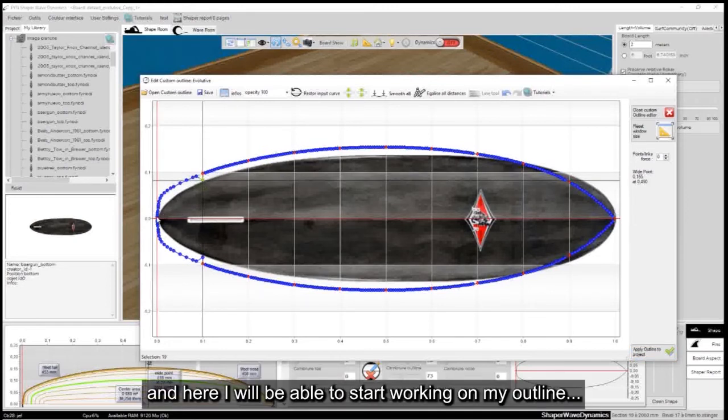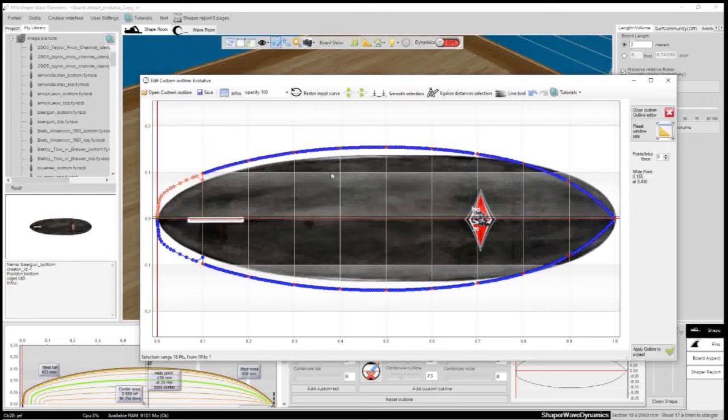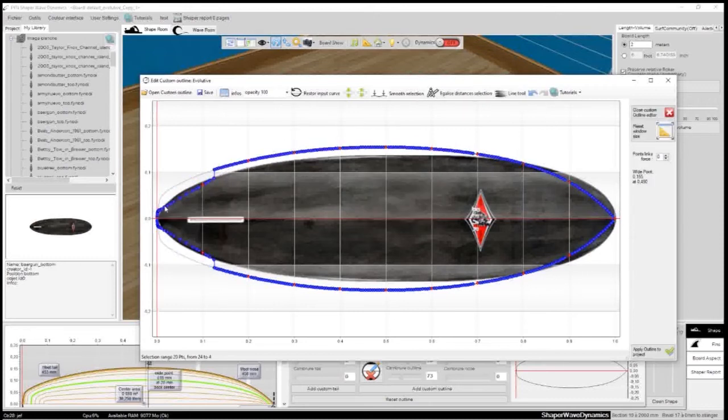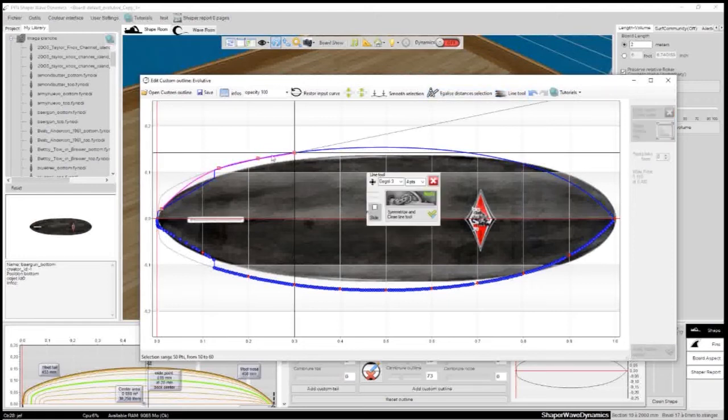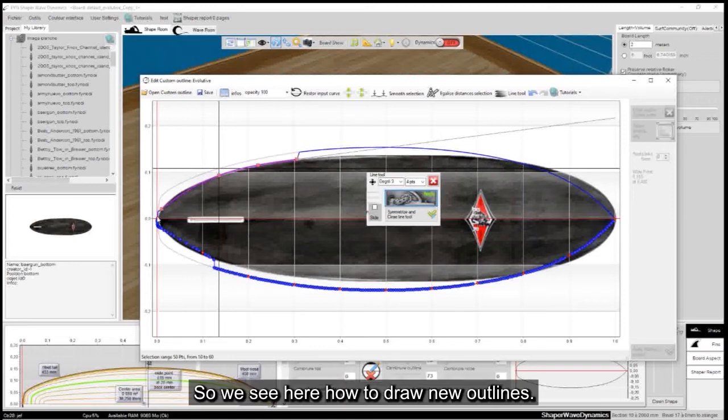And here I will be able to start working on my outline. So we see here how to draw new outlines.